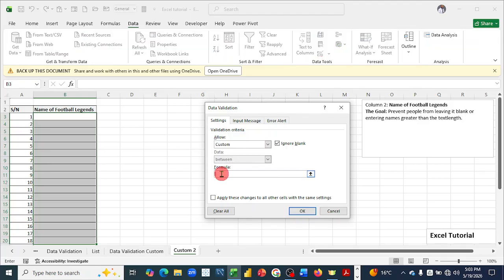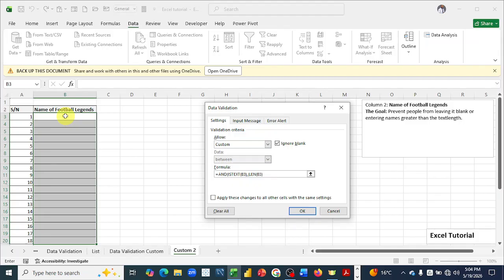Now the formula, which will be equals to, open brackets, is text, open bracket, this cell is B3, type your B3, close your brackets, put your comma, open another bracket, put LEN, open another bracket, put the same B3, close your bracket,